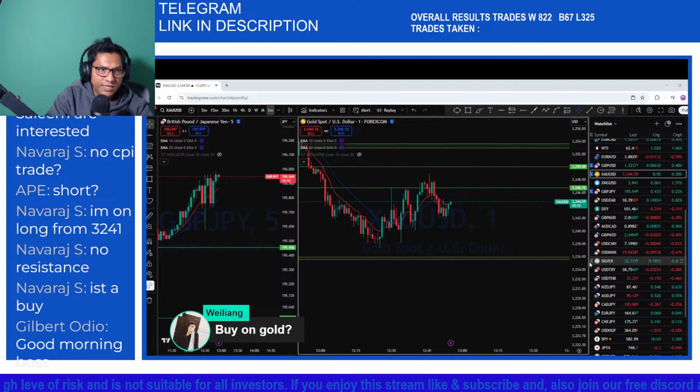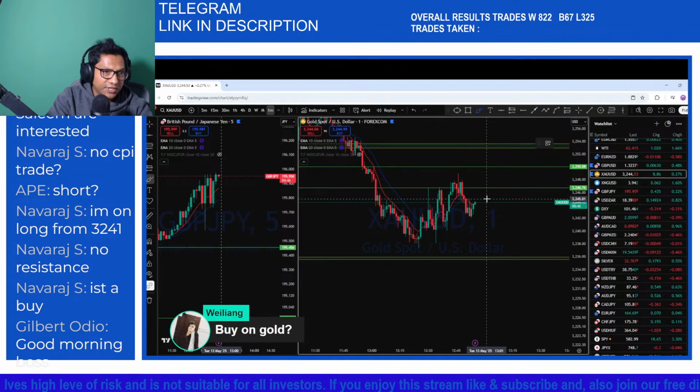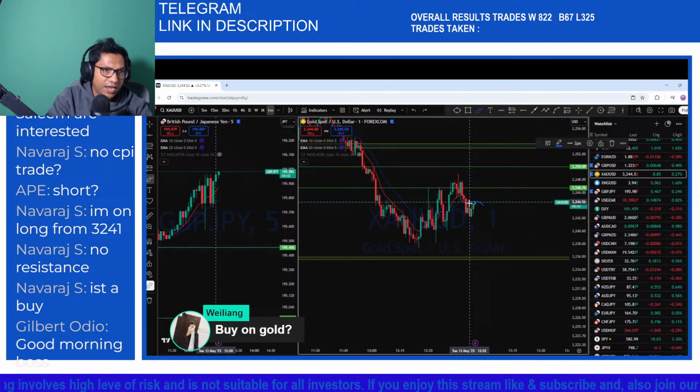What we can see is a very narrow consolidation in that area, which is a very narrower area,